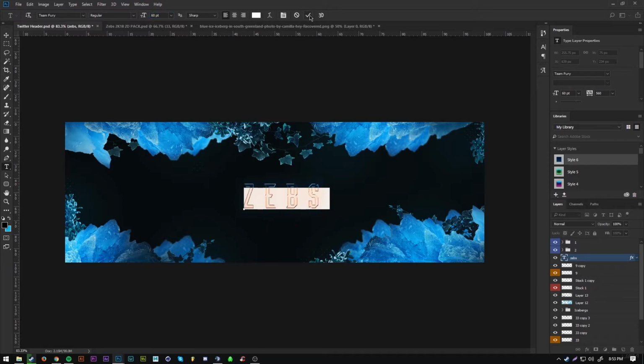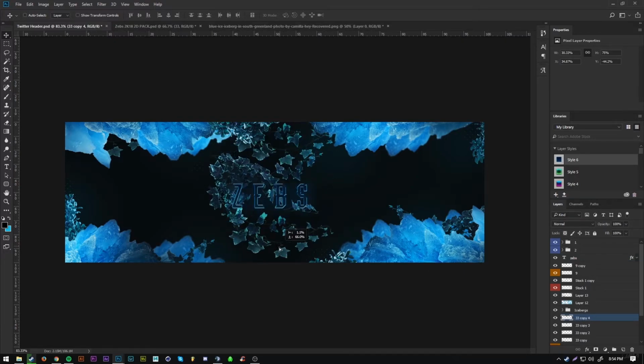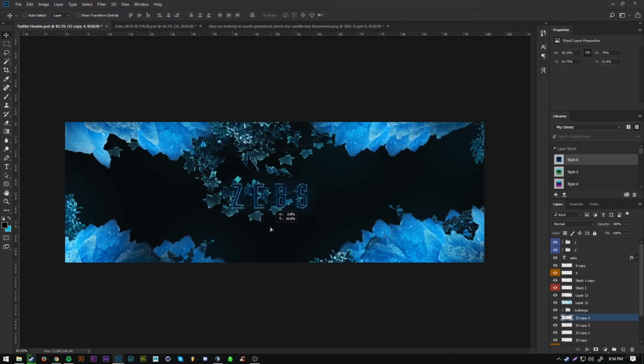So I'm thinking maybe size 60 is a good size for the font. Once we've done that, we're going to go back to our plant, the 33 one, this kind of viney looking one. And what we're going to do is just kind of